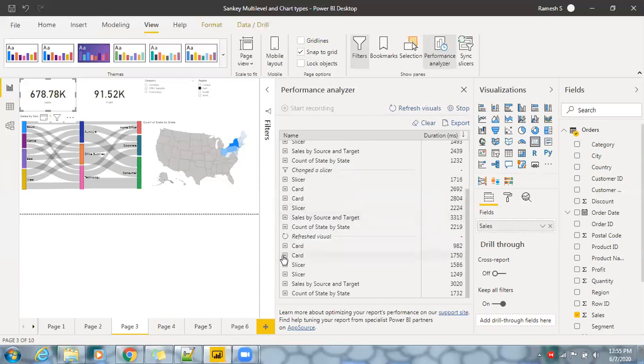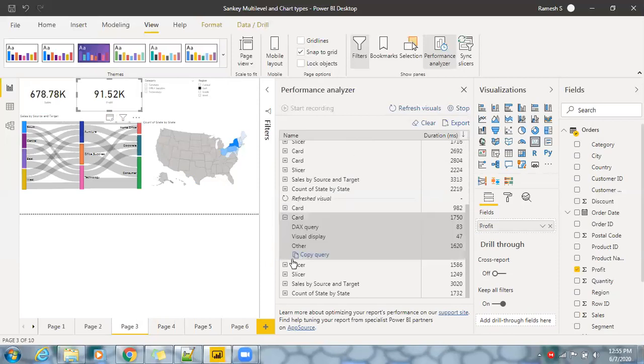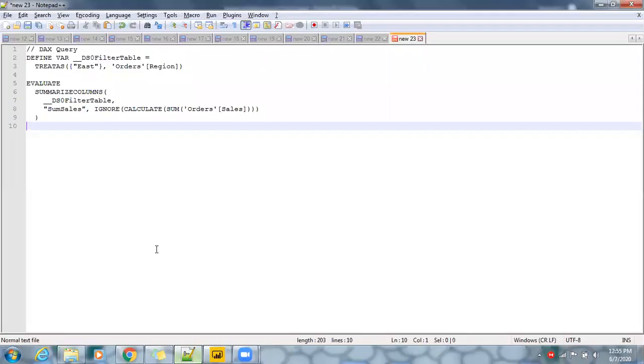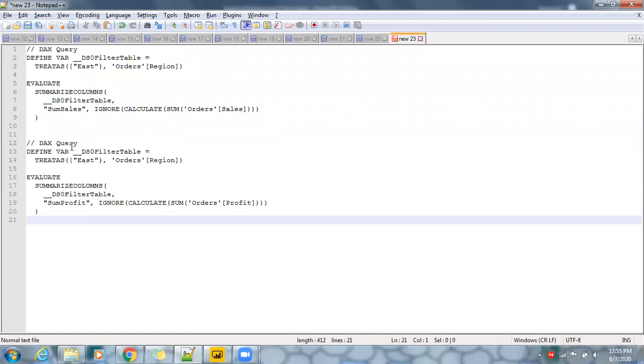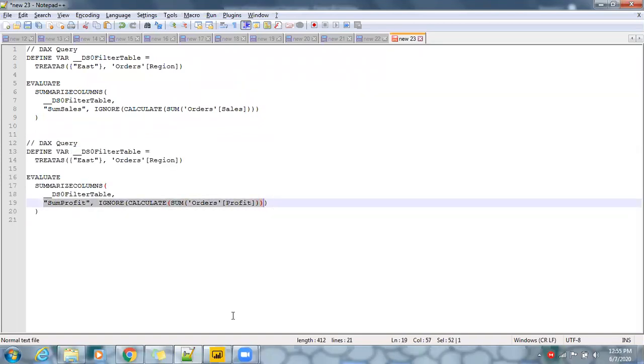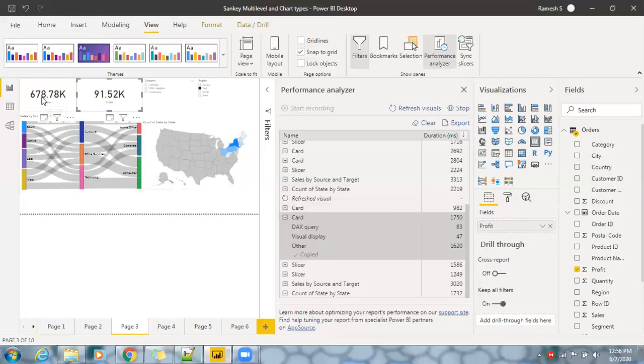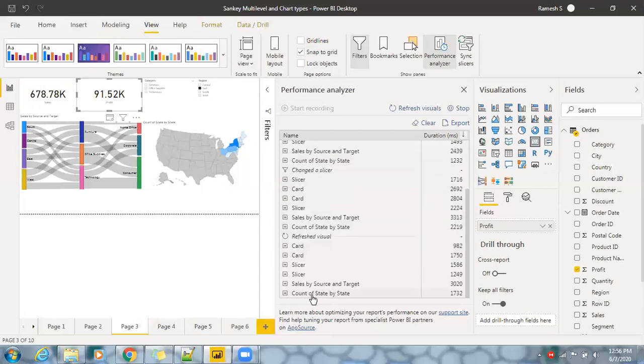So let's say for the next card, you can click on this particular plus button, copy the query, go back to Notepad++, and paste it. So this is for profit, correct? So we have created a couple of cards for sales and profit, and let's say you have visualizations, right? Let's come back here, count of state by state. That is the naming convention: count of state by state.